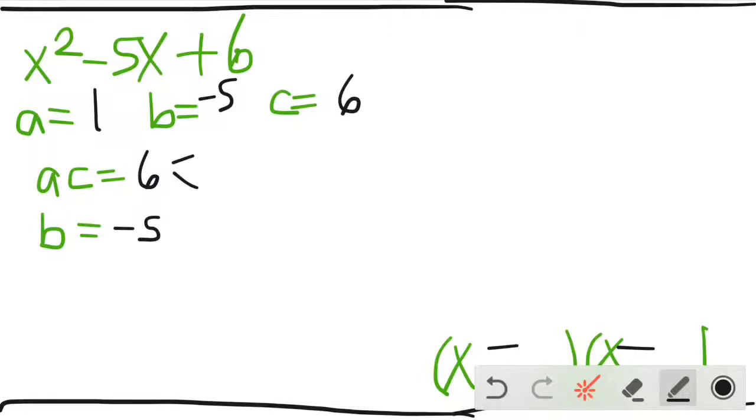Let's think of factors of 6 that should add up to -5. Could I do a 3 and a 2? If so, what must the signs be for me to end up with a -5? We can do a -3 and a -2. So if we plug in -3 and -2 down here,